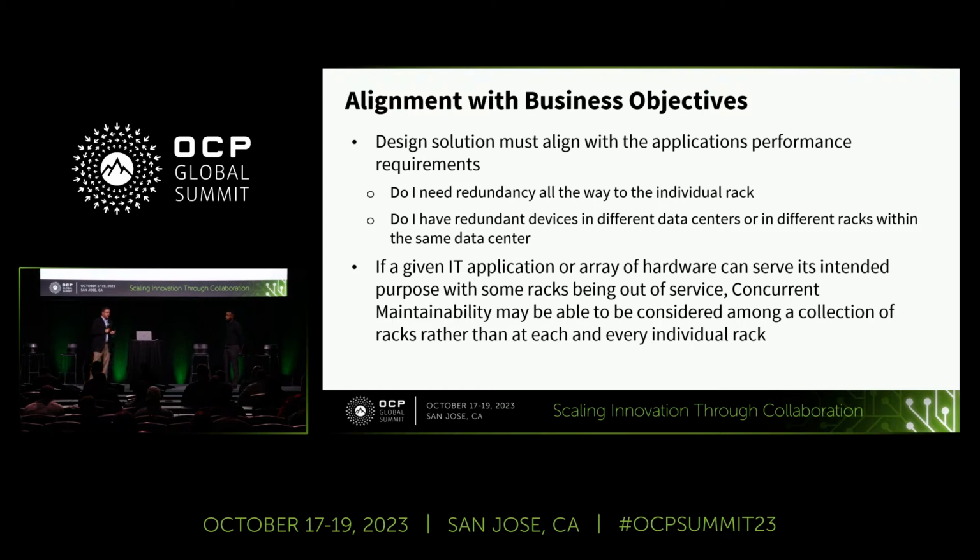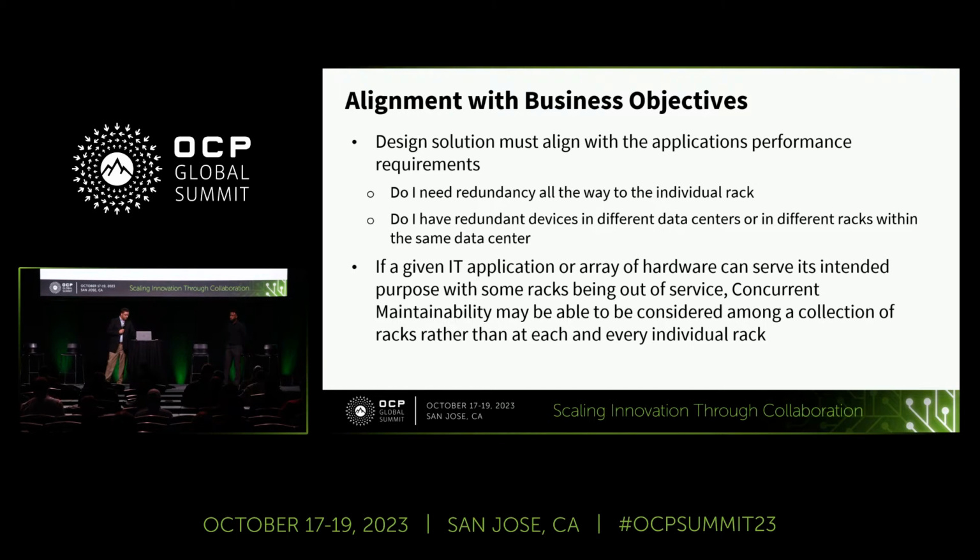It's really important that we work together between facilities and IT to understand what the IT performance requirements are of that particular application. For example, do I need 24/7 uptime at the rack level? Do I not have a redundant hardware instance of that IT application? Or do I need concurrent maintainability at a system level? Maybe I have 2 racks in 2 different data halls in the same data center, or maybe I have them in 2 different availability zones. Being able to map and understand that will be key to deciding how we're going to implement liquid cooling in a